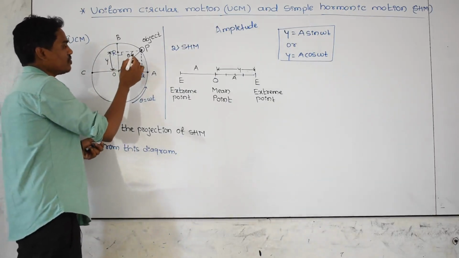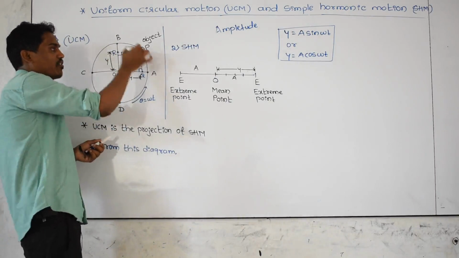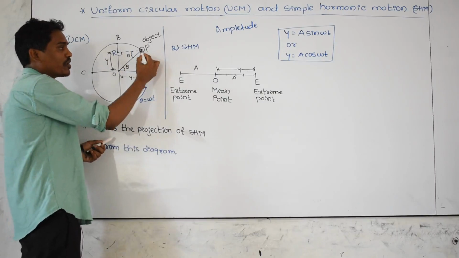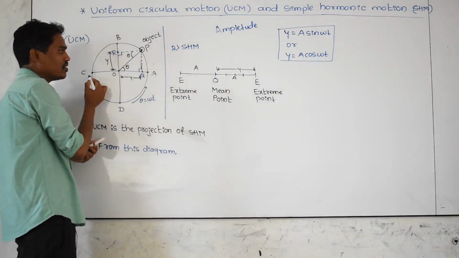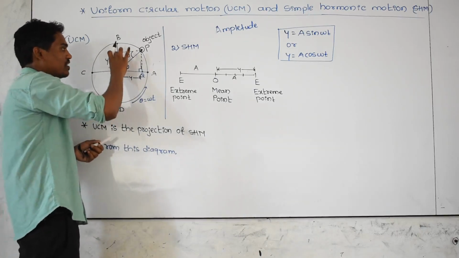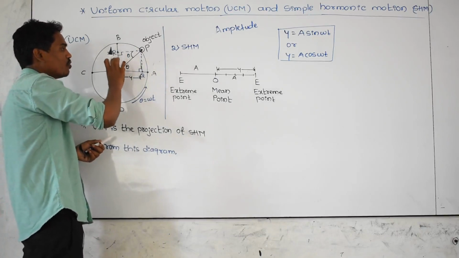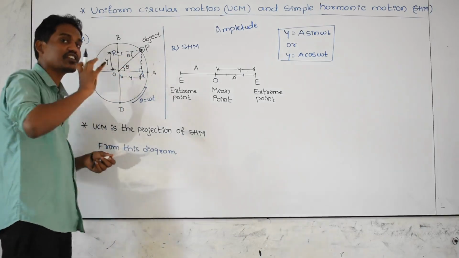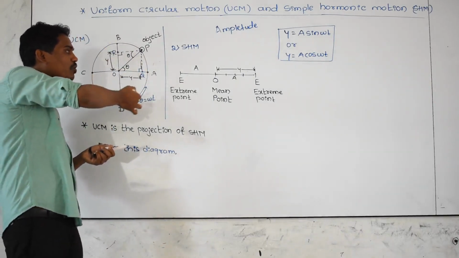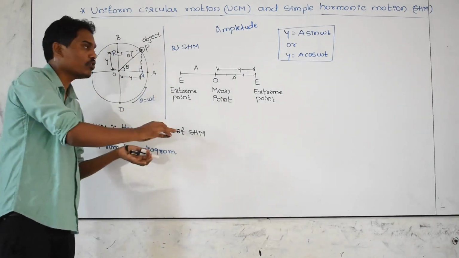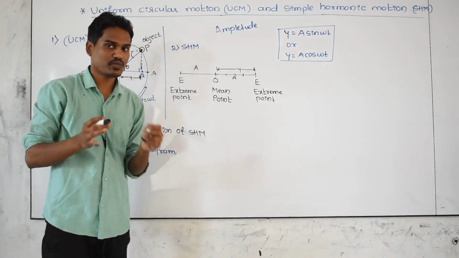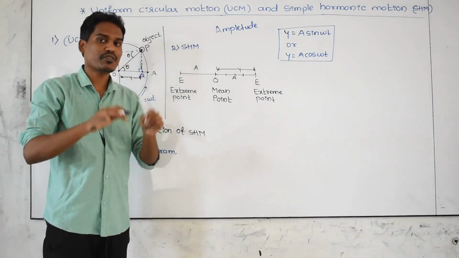Now, whenever the object is revolving, the object position is at P, and I have taken one perpendicular line to the AC diameter and another perpendicular line to the BD diameter. With the help of this circular motion, OR or OQ indicates the displacement of the object in circular motion. But if you observe this circular motion as a shadow, it looks like simple harmonic motion. Whenever the object is in simple harmonic motion, its displacement can be found.